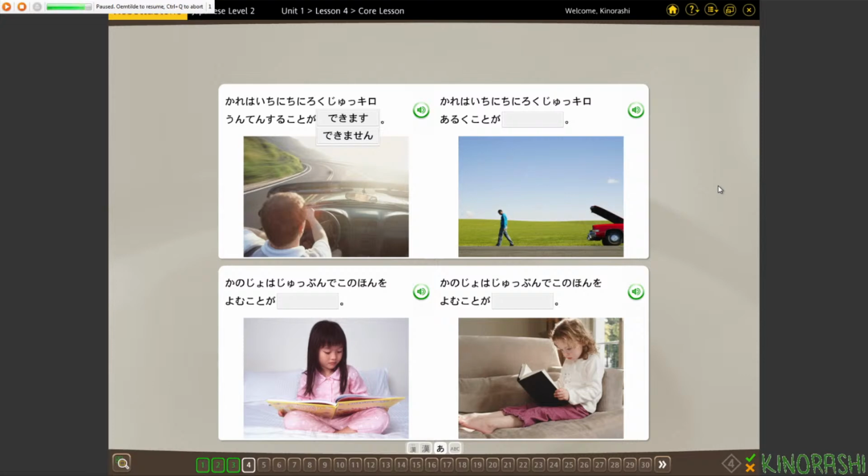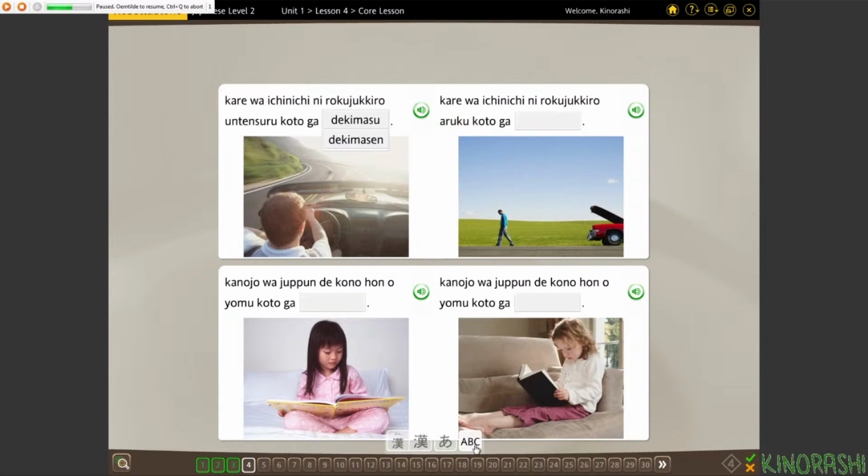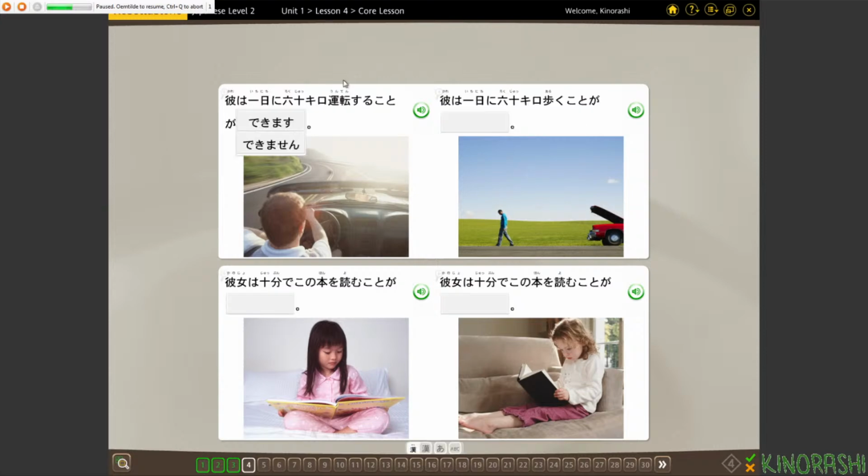So, 彼は1日に60キロ運転することができます。Yeah, that's all one word, I believe. Yes. And then できます。